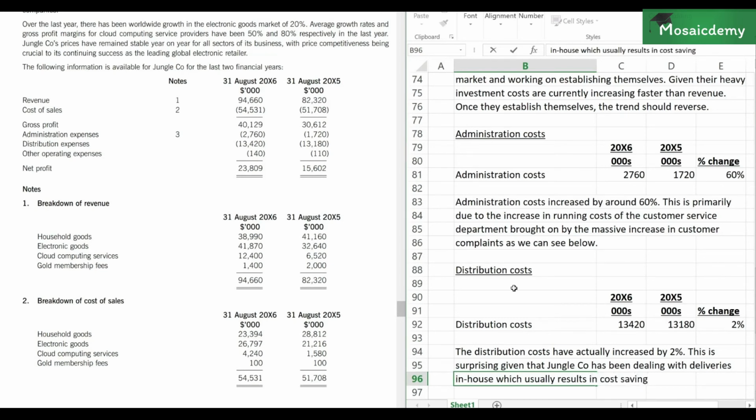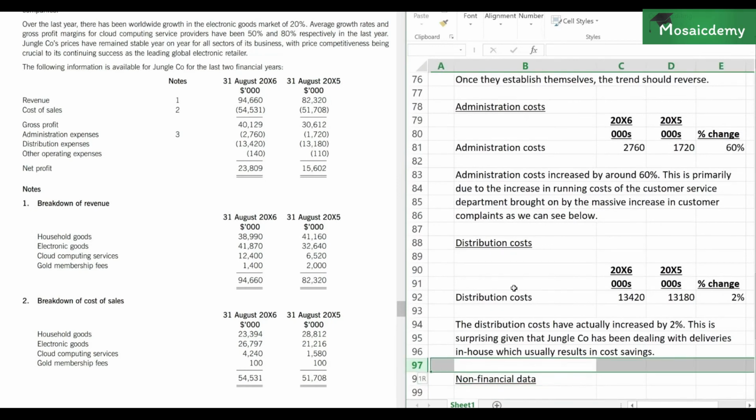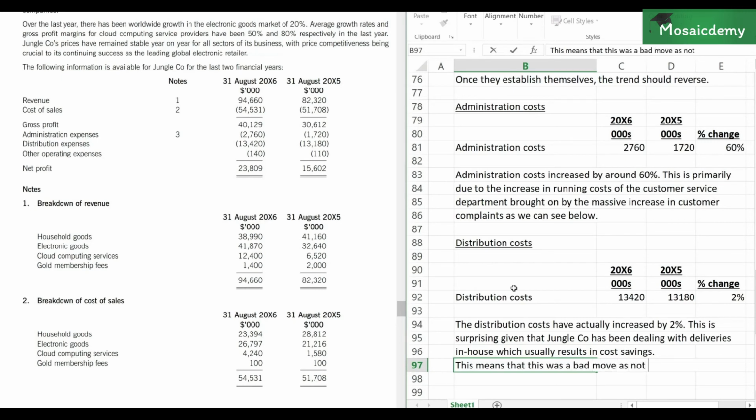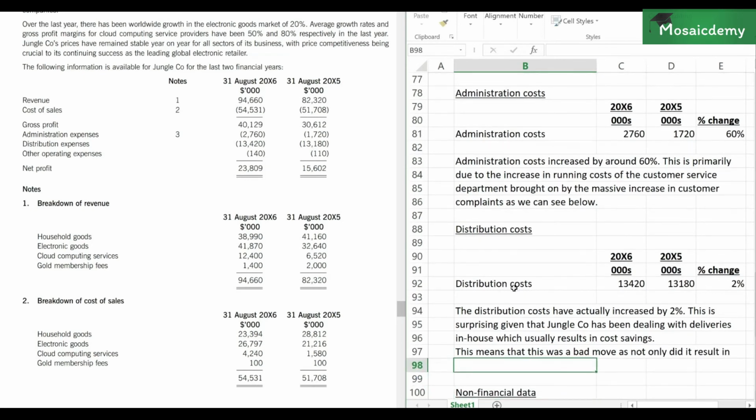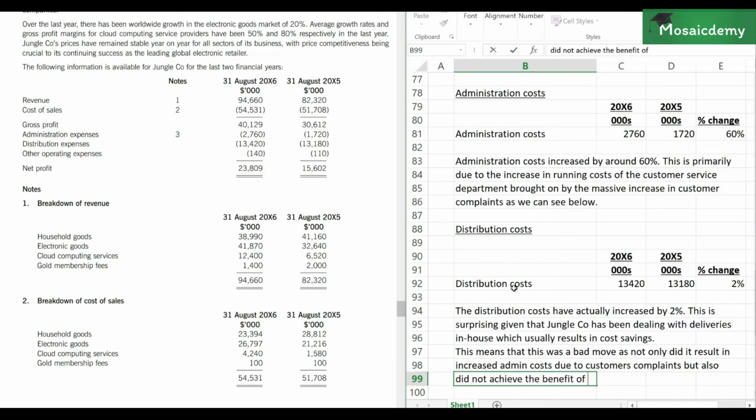And we can mention that this means it's a bad move, right? This means that this was a bad move, as not only did it result in increased admin costs due to customer complaints, right? We're linking it to the point above, customer complaints, but also did not achieve the benefit of reducing